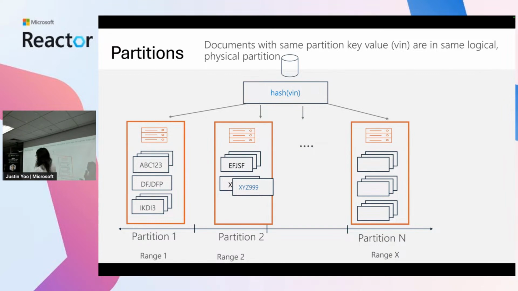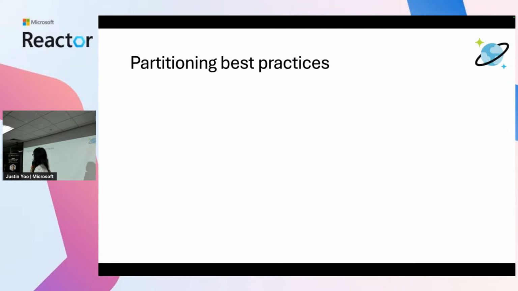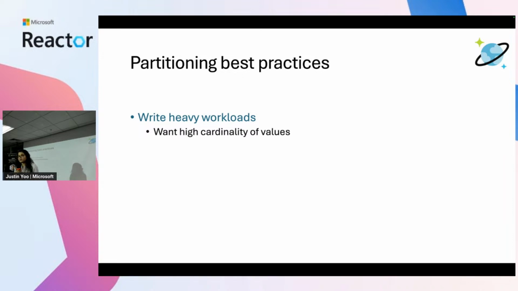So that's how basically the scaling works in Cosmos DB. As and when you ingest more and more data, new partitions are created, and data for the same logical partition will always go to the same physical partition. So it becomes paramount that you choose a partition key which distributes the data equally among all nodes, and also the request volume, right? So the general best practice from our side is